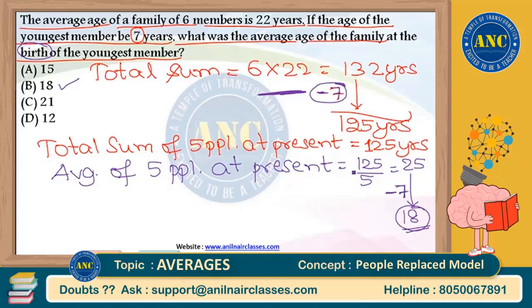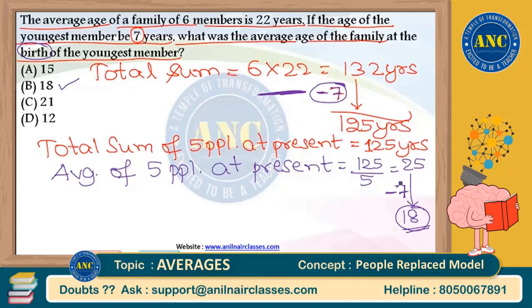Now, suppose Divya, right now, for example, I am 30 years of age. 7 years before. Suppose, for example, there are 5 people. First person is myself, second person is Divya, third person is Mayank, fourth person is Ashok, fifth person is Vinay. These are the 5 people. Now we are all 30 years of age. I need to calculate the average at the time of the birth, which was 7 years before, right? So I should subtract 7 from each and every person, right? All of us should subtract 7. Everyone should subtract 7. I hope you are understanding, right?